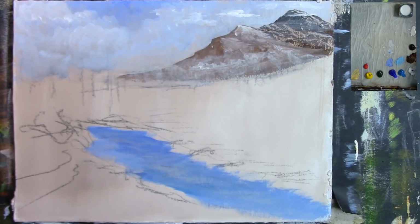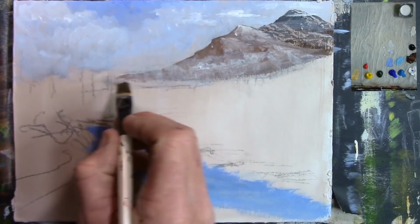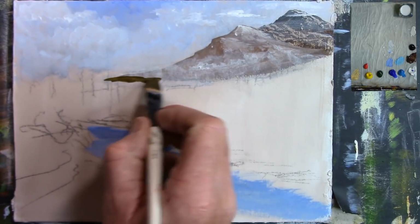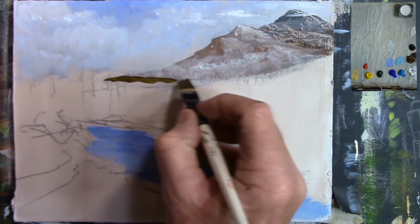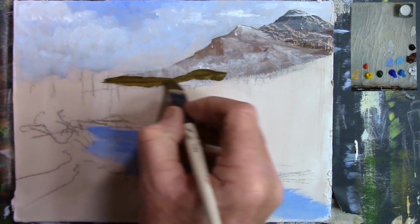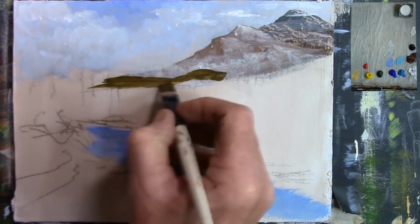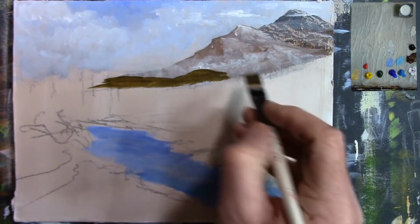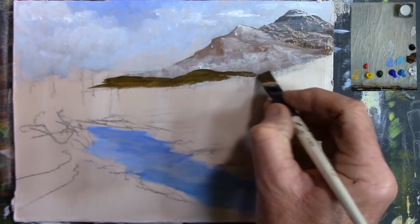So if you want a nice dark green, add a little bit of yellow to some Mars Black, and you'll find that you've got a really nice dark green, which is what I'm trying to do here now. And I'm just going to try and do a little bit of a range of maybe forestry type of scenes there, just in front of those mountains, a little bit darker in places like this. So we want this to come up